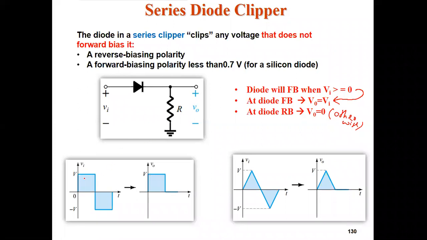So according to that, during the positive half cycle, that condition is satisfied, so that's why V0 equals Vi. So your output voltage is equal to the input. During the negative half cycle, that condition is not satisfied, so your V0 equals 0. So you got your output waveform. Similarly for the second one, during the positive half cycle, the first condition is satisfied, so your output equals input. During the negative half cycle, it is equal to 0.